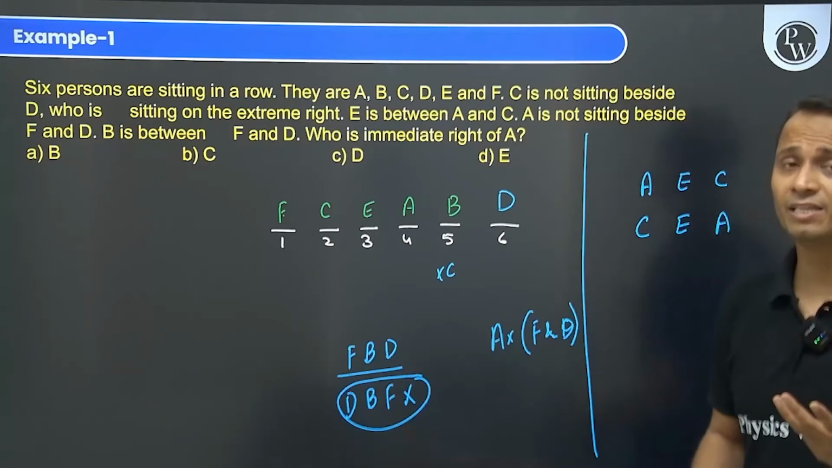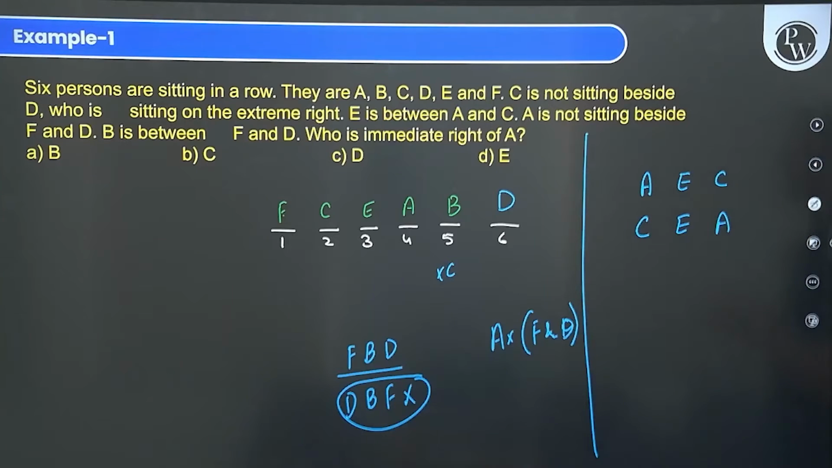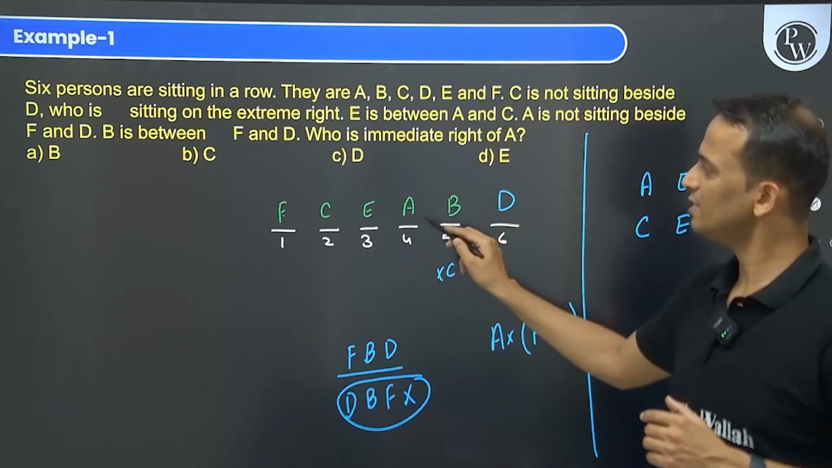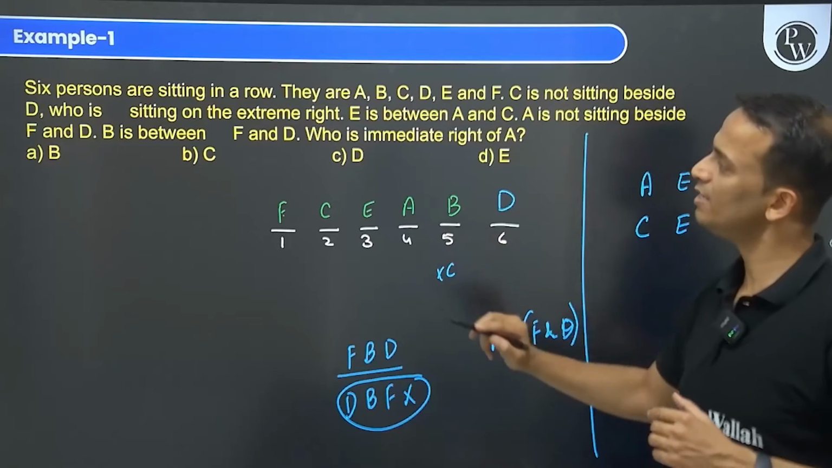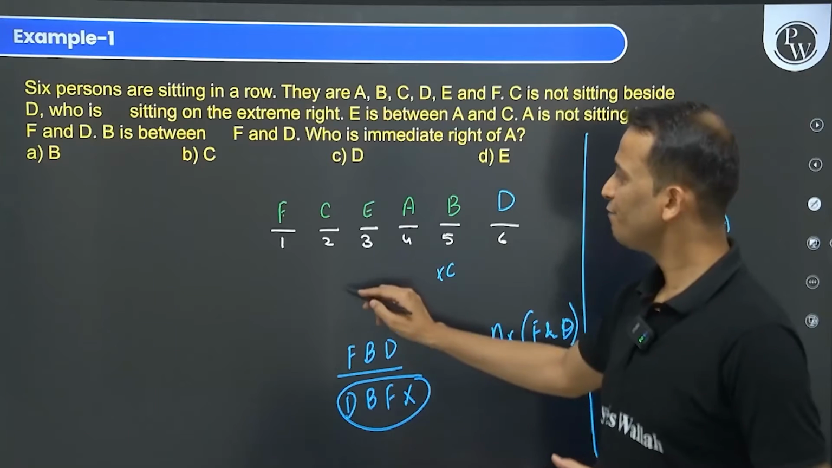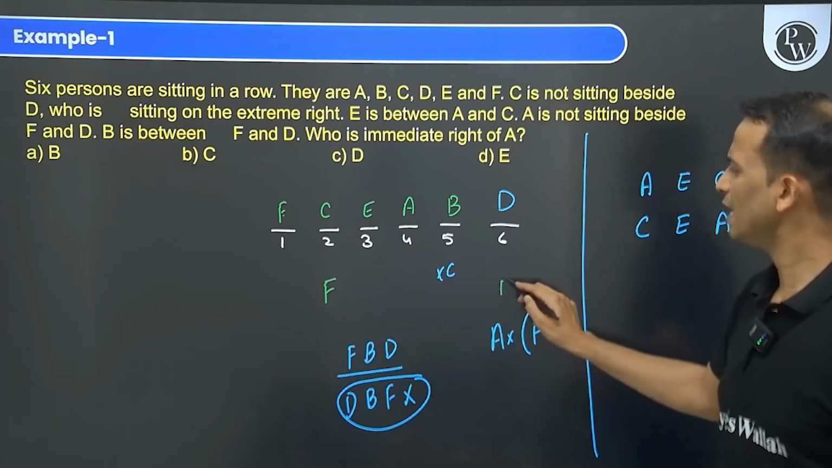Now, can there be any other possibility? So यहाँ पे अब multiple possibilities arise हो सकती हैं. Okay. So C is not sitting beside D. E is between A and C. A is not sitting beside F and D, ये भी ट्रू है, एंड B is between F and D, ये भी ट्रू है. Now अगर मैं F को चेयर नंबर 2 पे बिठाता हूं एंड D यहां पे है